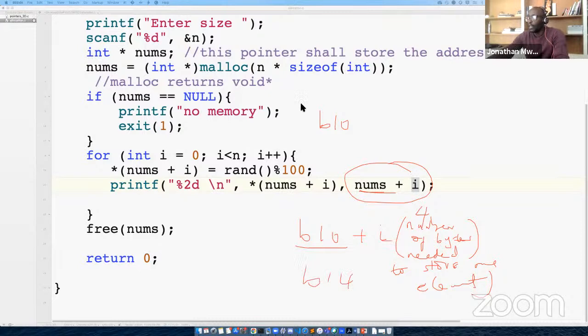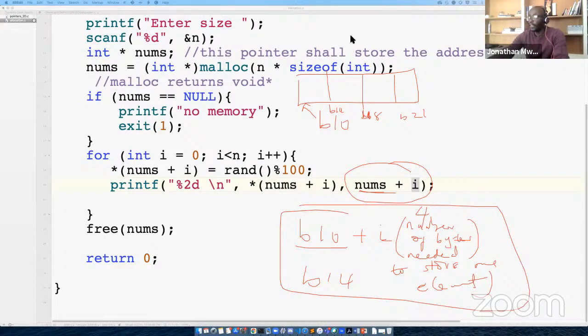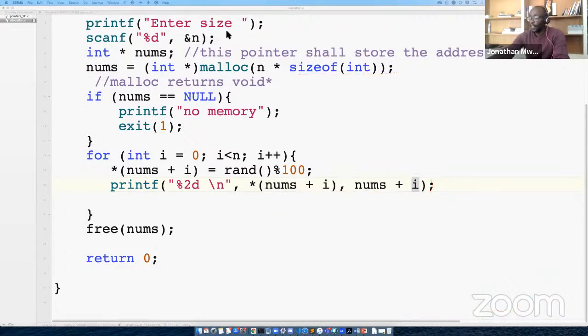So this is how, if the array looked like this, and this was the address of the first element, this will be B14 here, this will be B18 up here, this will be B22, and how we actually go to every single one of them using pointer arithmetic is just to add an I here, which basically qualifies this idea. Okay, let's see that in operation again. So we clear this, we run it again.